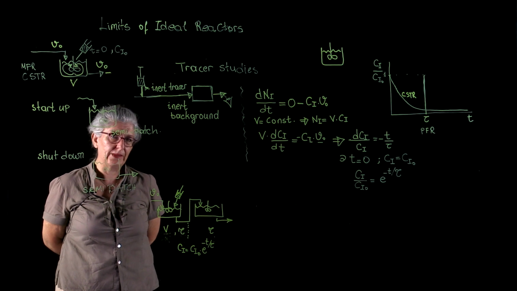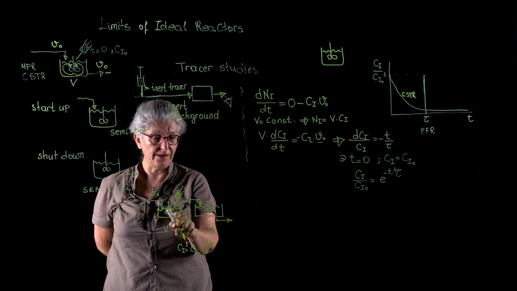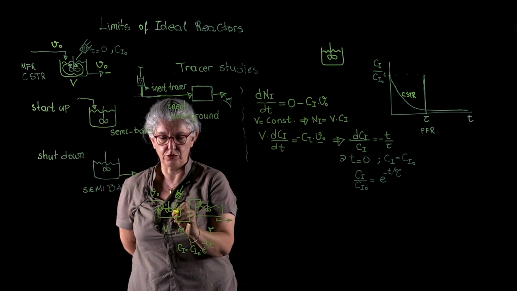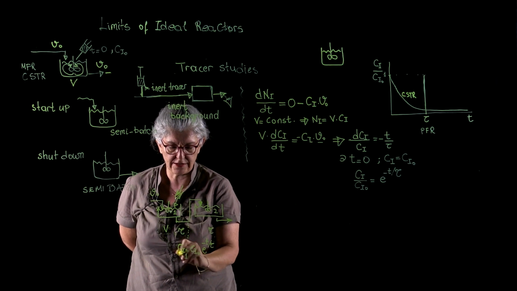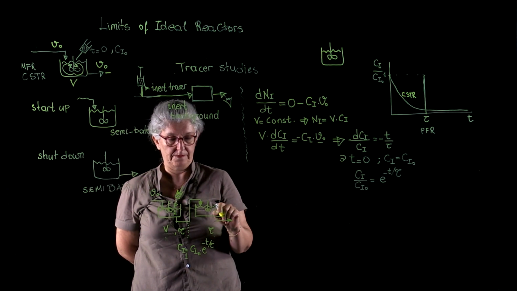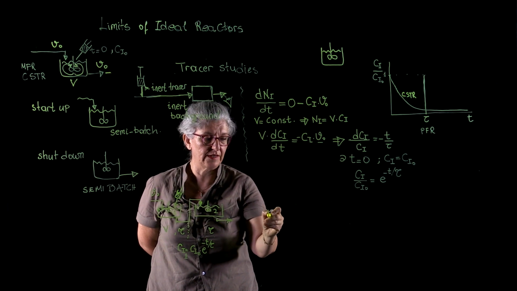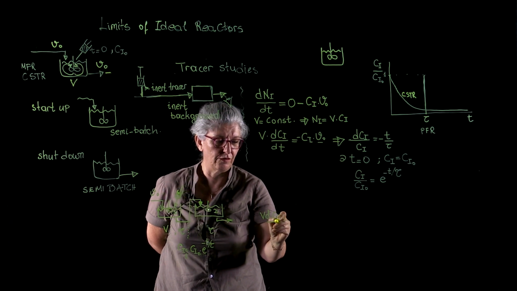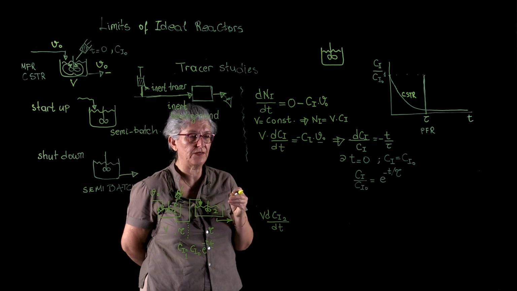Now, what will happen if I feed this stream into the second reactor of the same size? Let's see. So this is going to be my first reactor, and this is going to be my second reactor. Now I'm going to index this as Ci1, and both reactors have equal spacetimes. So I'm writing the balance equation. Identical to a certain extent. V dCi2 over dt, the time rate of change of number of moles of the inert tracer in reactor 2,